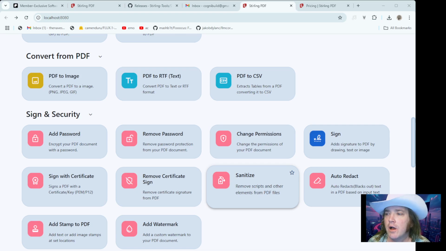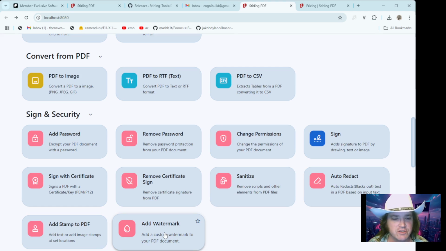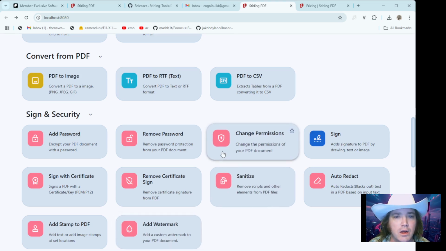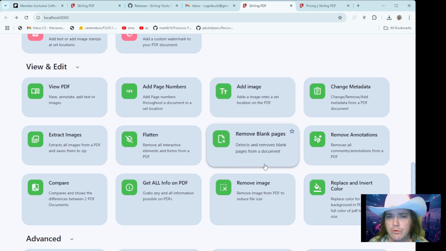They sanitize, because PDFs can have scripts in them, so people can put different stuff that's obnoxious, making things pop up or whatever. That's especially true if you're downloading from particular sites that are using aggressive advertising methods. Well, sanitize it. Get rid of all the scripts. You can add a watermark so no one's able to steal your PDF without it being known. So all these things, again, this is all Adobe Pro type stuff